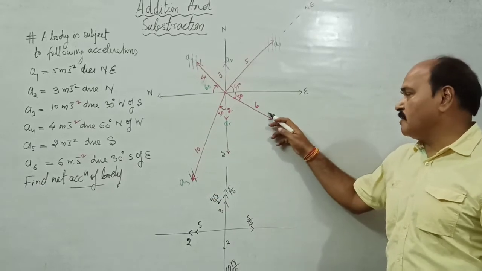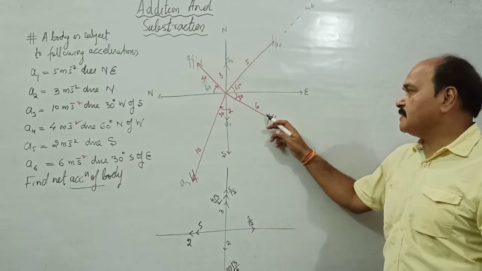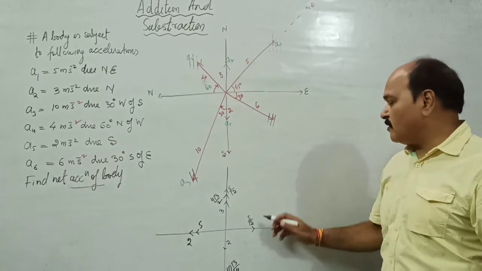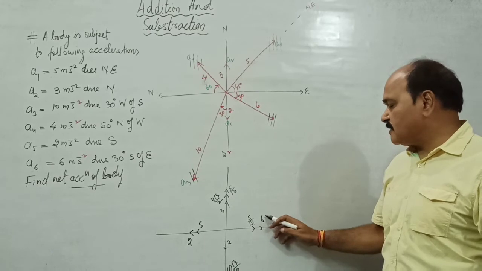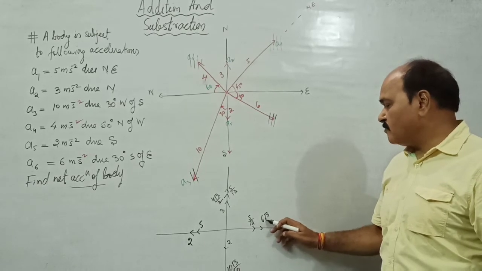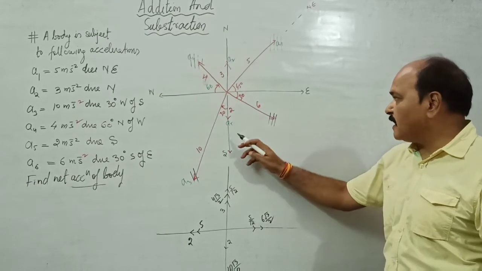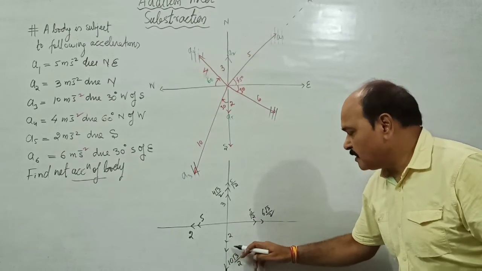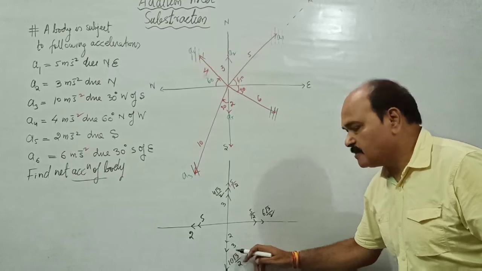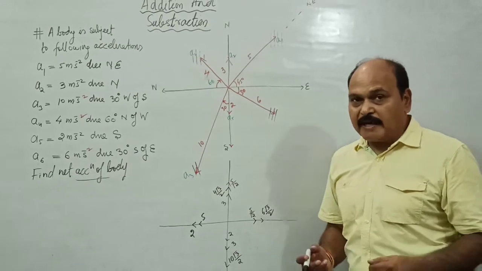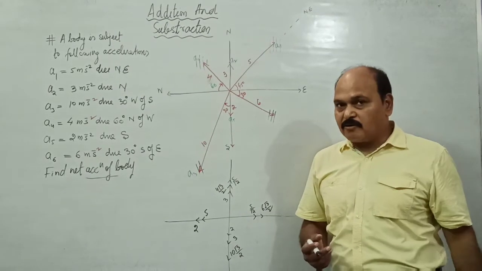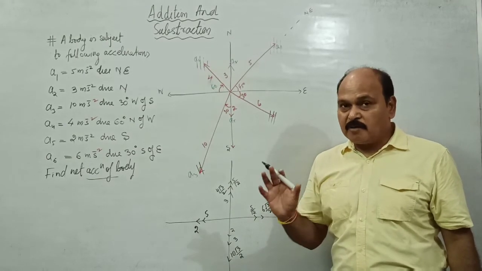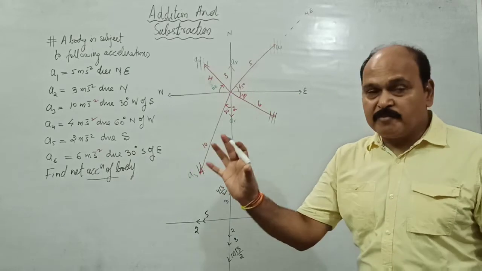Now, what is the resolution of this vector? This is 6. This is 6 cos 30. Here would be 6 sin 30. 6 cos 30 is 6 root 3 by 2. And 6 sin 30 would be 6 by 2, that is 3. All these known angles, the values of sine and cos for these known angles should be in your mind. And if you are not clear about these angles, write them before you use them.